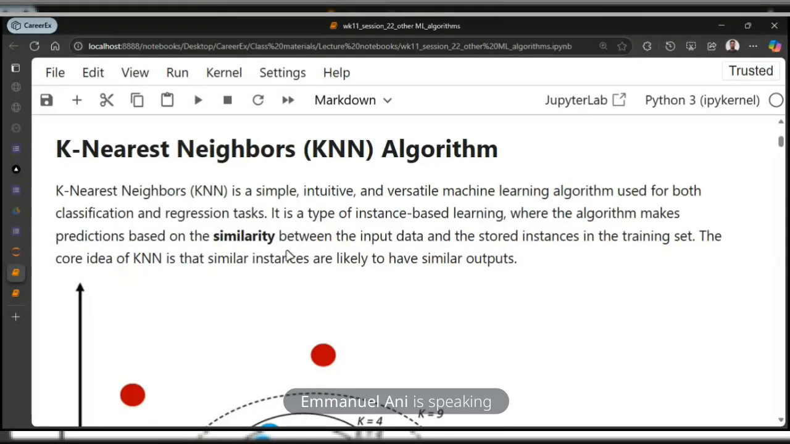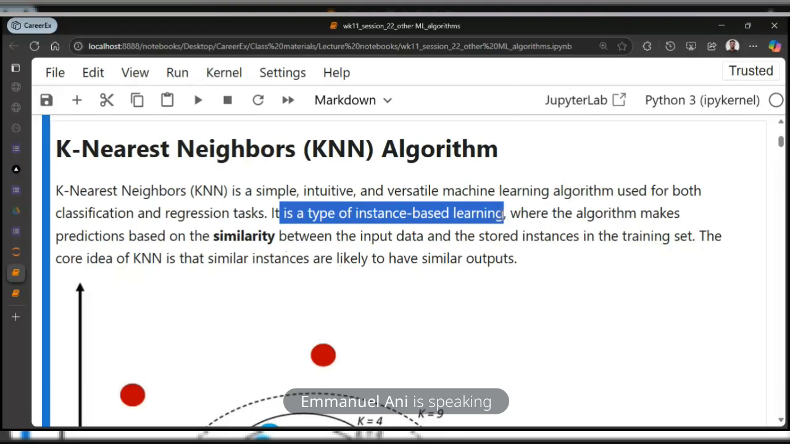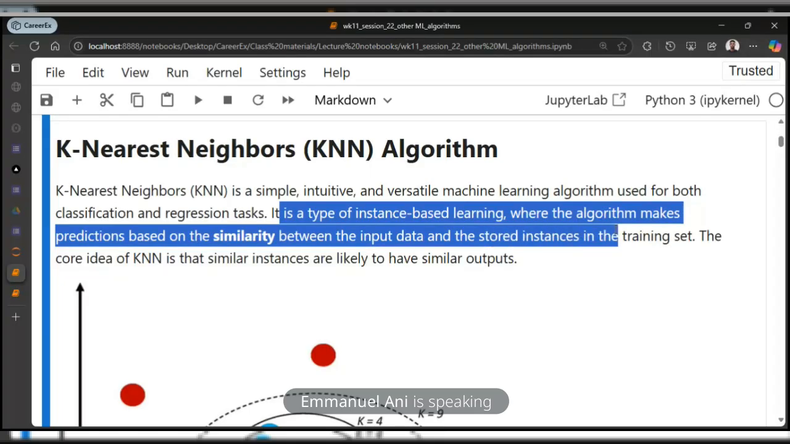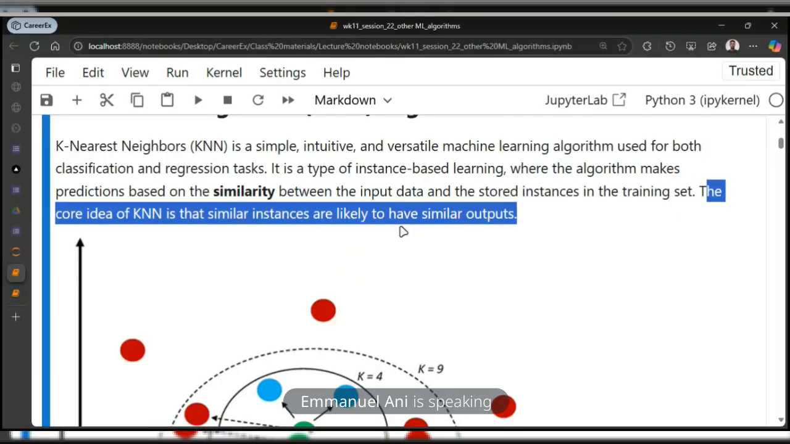So as you can see on the screen, it can be used for both classification and regression tasks. Okay, it's a type of instance-based learning where the algorithm makes predictions based on the similarity between the input data and the stored instances in the training set. Right, so don't worry, we'll explain what this is. I'm just trying to read out from what we have here. Okay, so the core idea of KNN is that